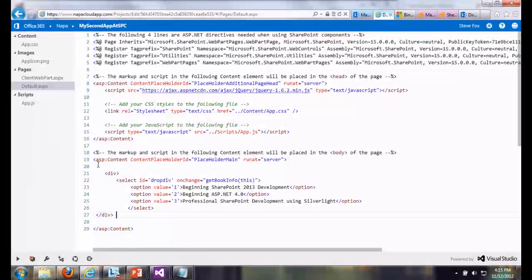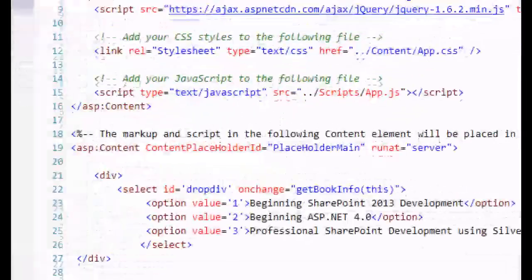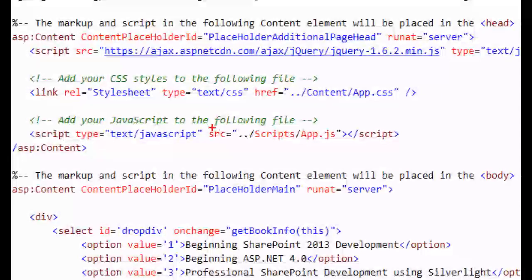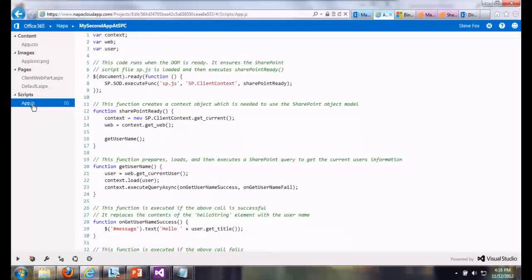But this is the default.aspx, and you can see here that we've got references to app.js, okay? That's this guy right here. Now what that means is my script, my JavaScript, can be here in app.js. And when I deploy this guy, it's going to naturally put them in the right place. They'll find one another. Again, they'll live in harmony.